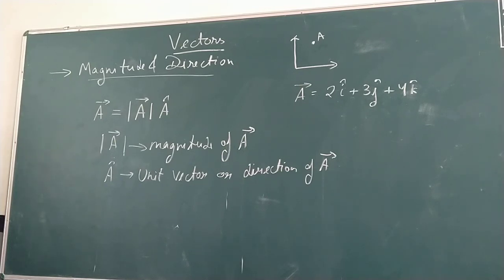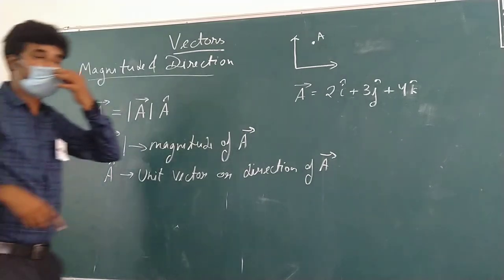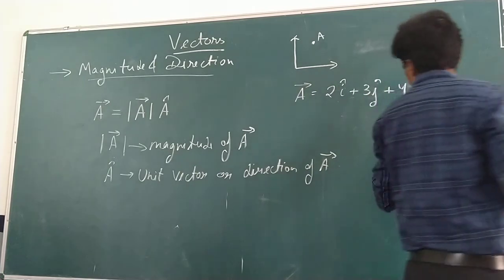But at the same time, I am saying 4z. Just pick this one from here to here, 4 times. Yes or no? This point will be what? 2, 3, 4. In x it is 2, in y it is 3, and in z it is 4. Yes or no? Are you getting me? Yes.